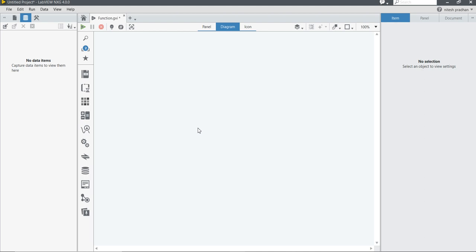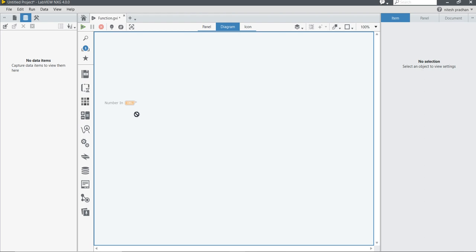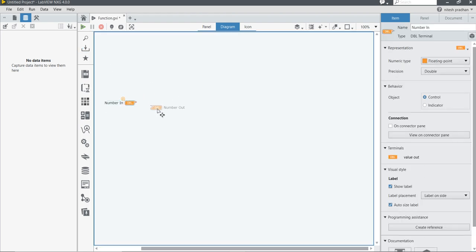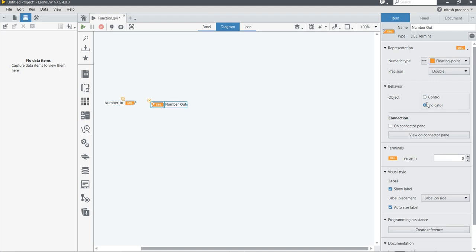But in LabVIEW NXG, you need to select and call that function. So you can right click here, and there are two unplaced items, so you can place them. First this one, then come here and place the second one. You will get the same functionality, no changes. This one is control, and this one is indicators.